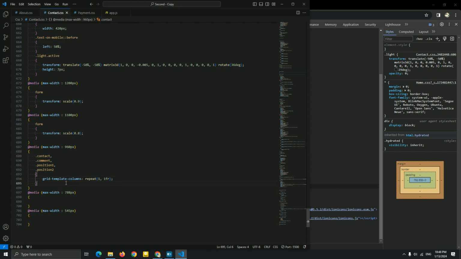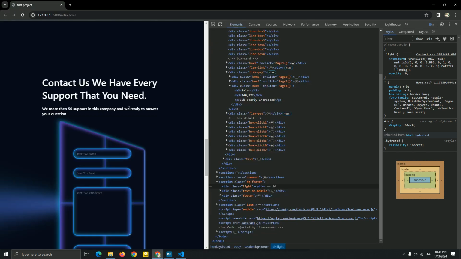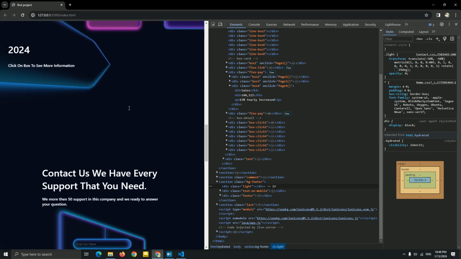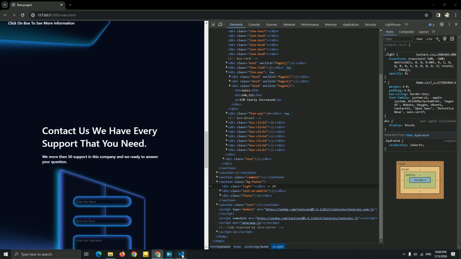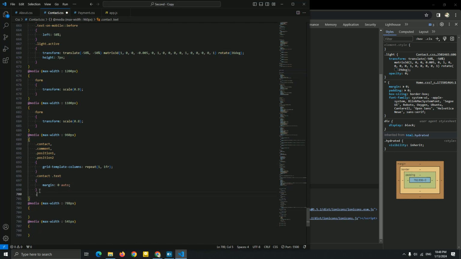Okay, now let me add a contact text to add a margin 0 by 2. I don't think we need to add this, but I just add it right now to be a center. Now let's go to the next. Let me add the Windows text.